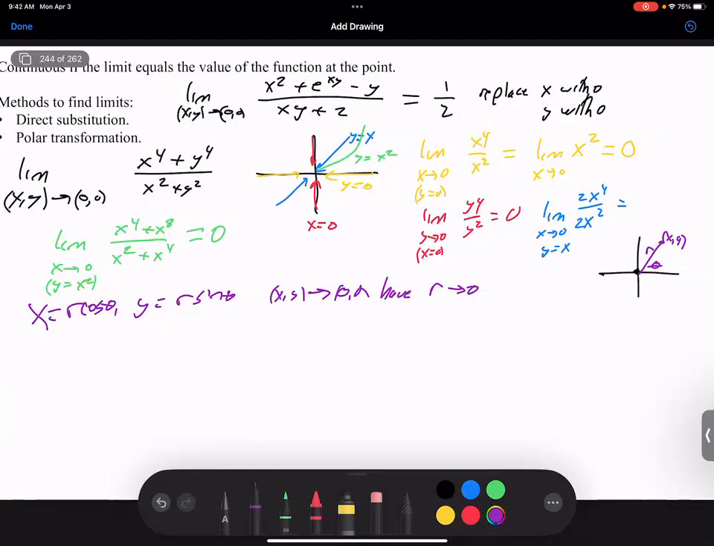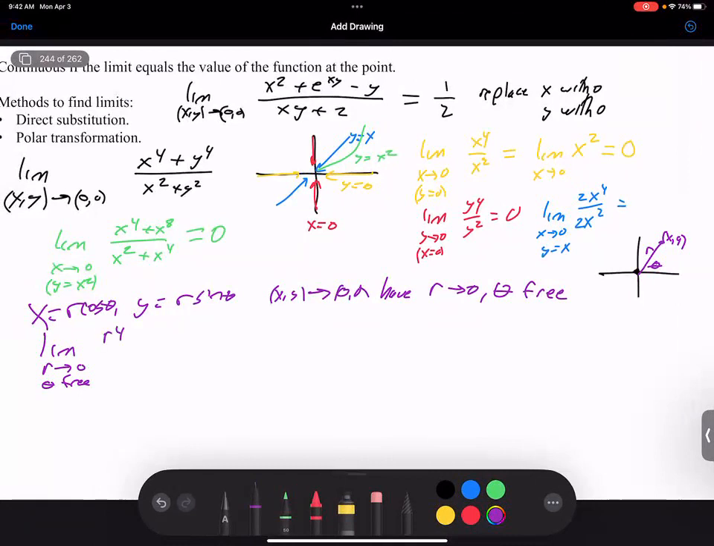It's got to be going to 0. And then theta is free. Theta can do whatever it wants, as long as r goes to 0, so we can take any path we want. So this limit is the same as the limit as r goes to 0, theta is free to do whatever it wants. X to the 4th plus y to the 4th